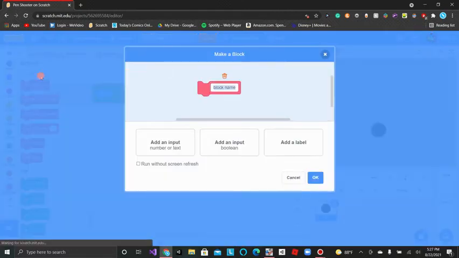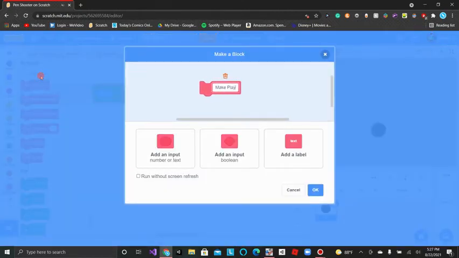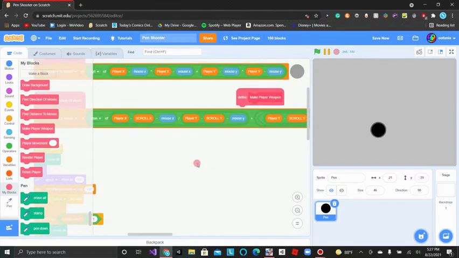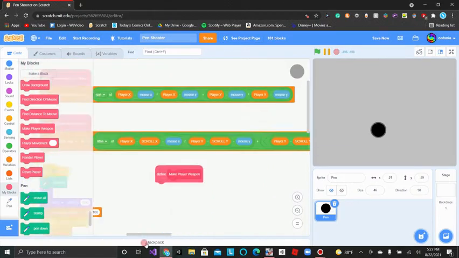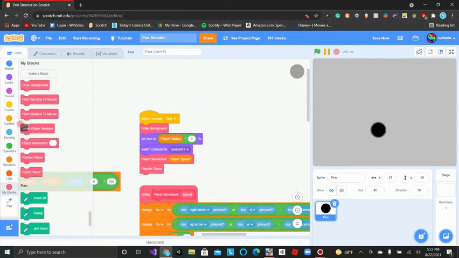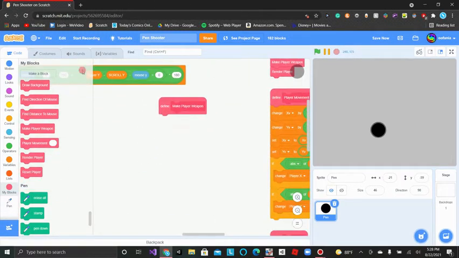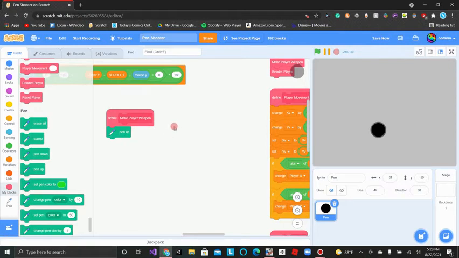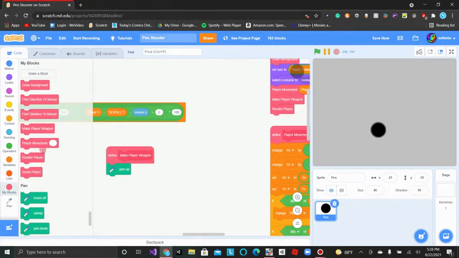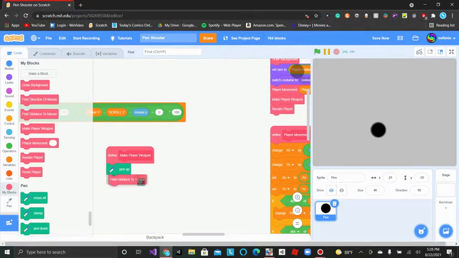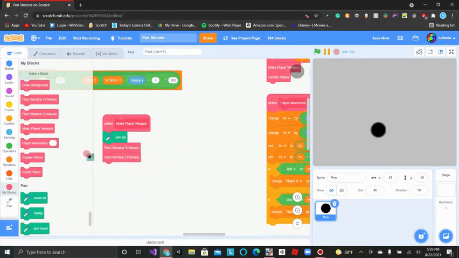So we're going to make a new block called make player weapon, run without screen refresh and click OK. And for the make player weapon, we're going to drag that before it does the player, because the player weapon is going to be behind the player. And then in this we're going to say pen up, and then we're going to find the distance to mouse, and then we're going to find direction of mouse, and then we're going to say